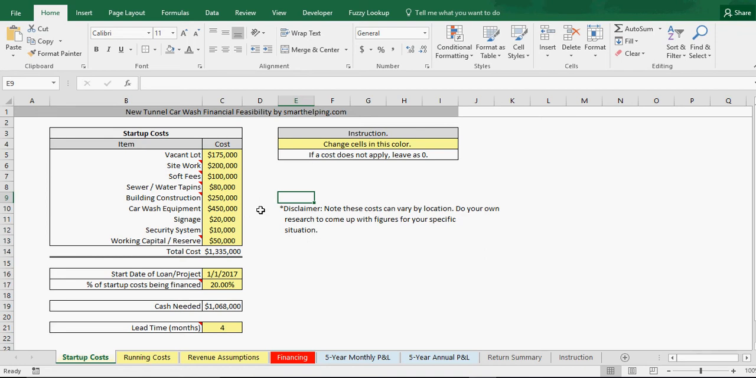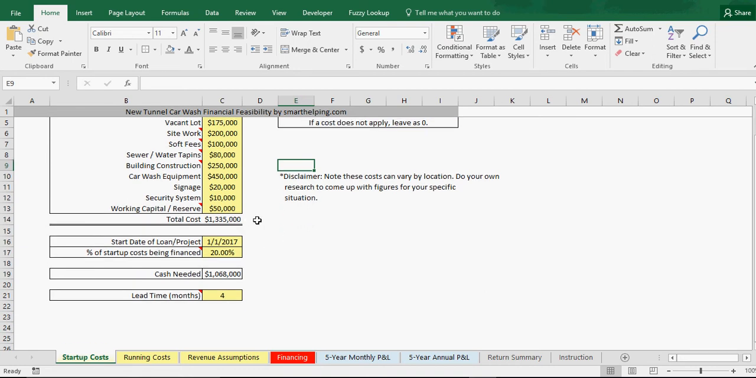Car wash equipment, so whatever you're going to put in the car wash to actually clean cars, and that could vary depending on what all you're going to have. Then we've got signage, security system, and then a working capital reserve to get you through while you're still constructing and before your revenue starts kicking in. So it's like your cushion. So then we have a total cost here,